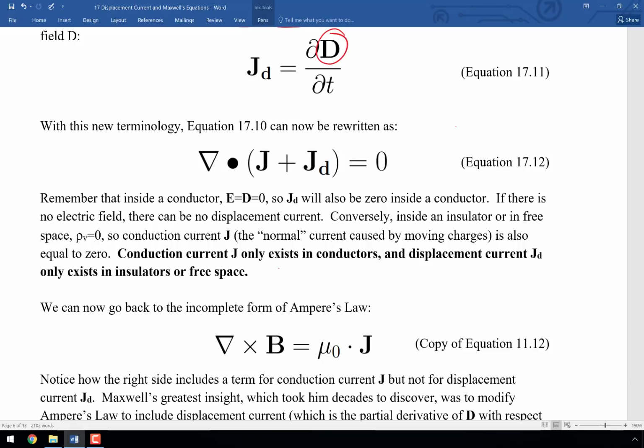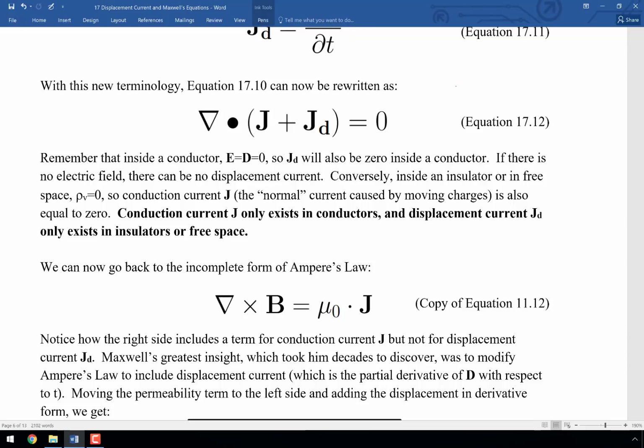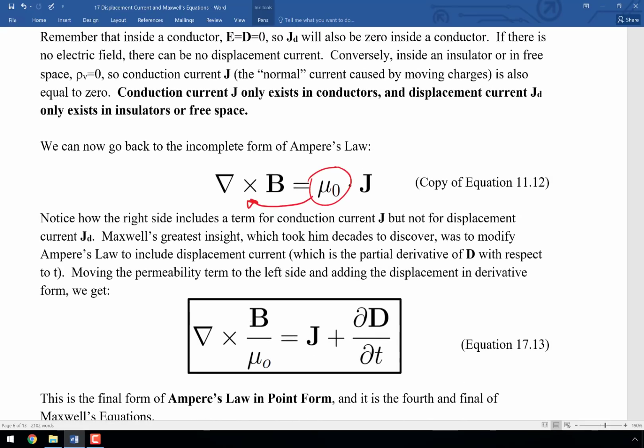Now we're going to go back to our incomplete form of Ampere's law. So remember that we have some problems with this form of Ampere's law. What I'm going to do is take this mu sub 0 and move it over into the denominator of the left-hand side. That's going to leave just J on the right-hand side. And then, of course, what are we going to do? We're going to add J sub d as well. So this term right here, that is J sub d. And so now we have two different types of current on the right-hand side. There's J sub c if you want, and then there's also J sub d. We've moved the mu sub 0 over onto the left-hand side, and that is now the official final form of